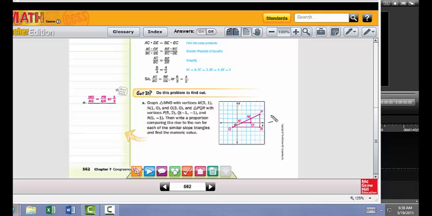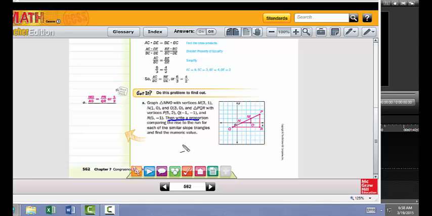First of all, I'll point out that I'm not going to graph each of these points. Make sure you check yours and make sure everything is in the right spot. I suspect that everybody understands how to graph by now, so I'm not going to actually spend the time to do that. But then it asks us to write a proportion comparing the rise of the run for each of